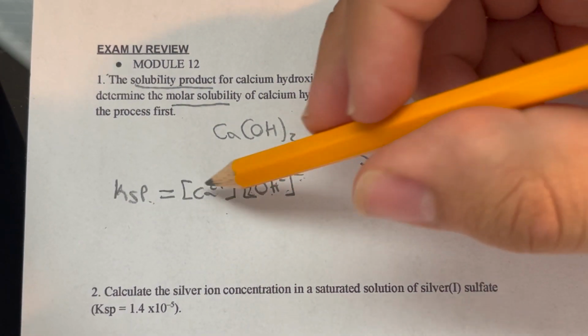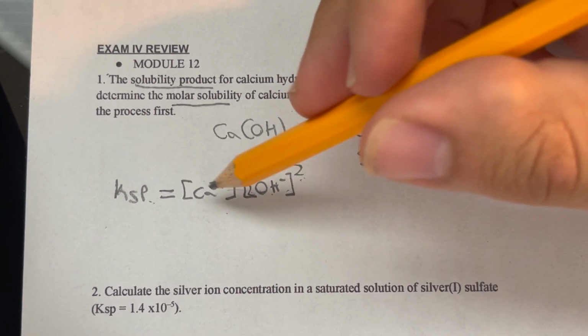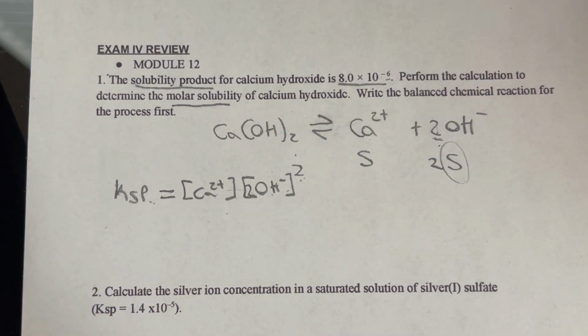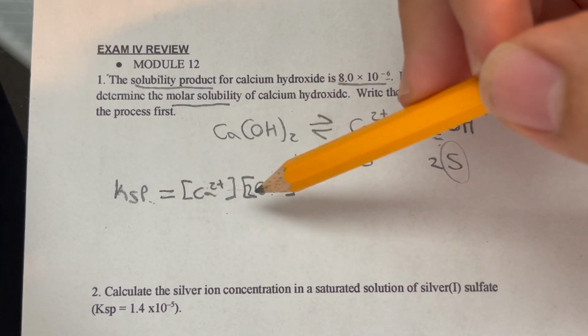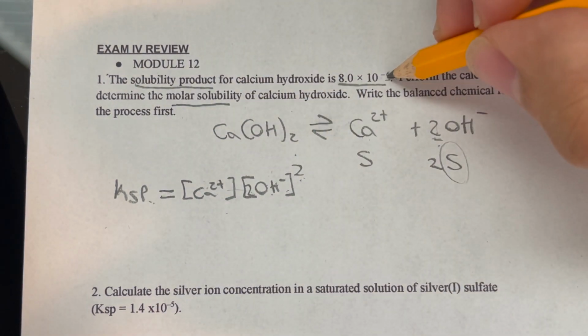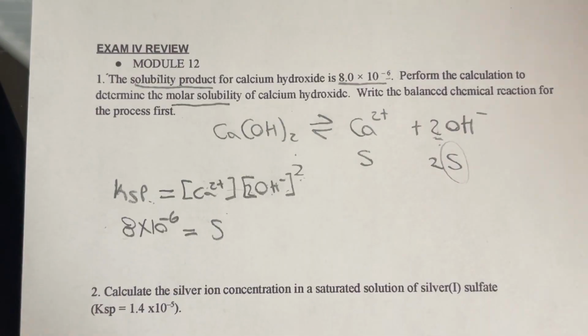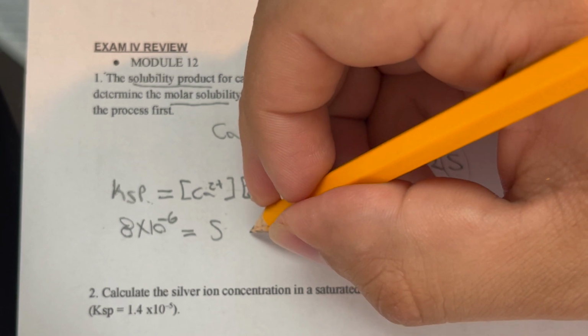These concentrations are what we're trying to find out. These are concentrations of ions. If we had a question, I think it's the next question, well, we'll get there, right? But these are the concentrations of ions. We don't know them, so we assigned S to them. So what we can do is, using the KSP, solve for S. So then this becomes 8 times 10 to the negative 6 is equal to S, this is the S for calcium, and then times